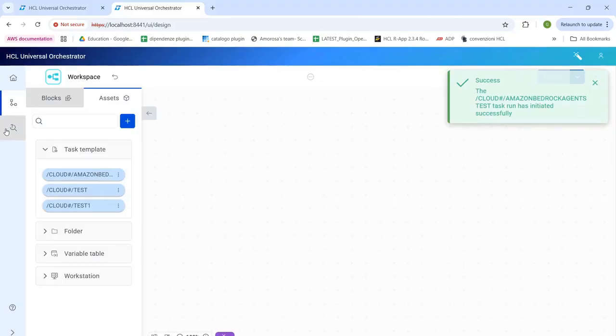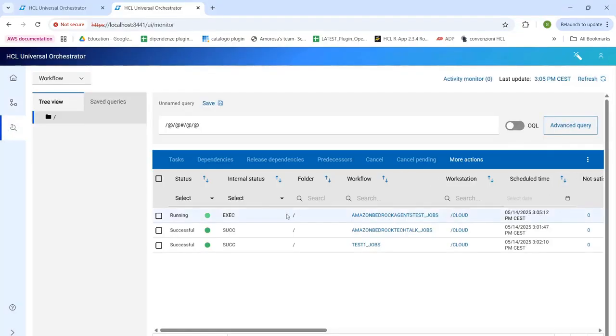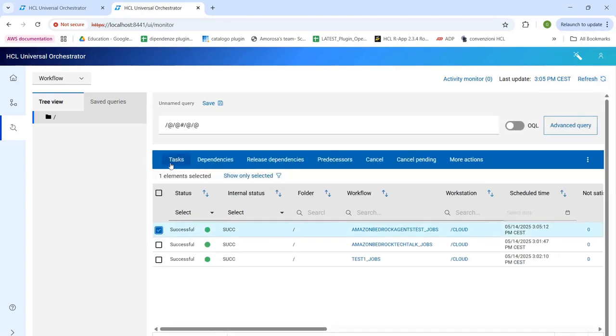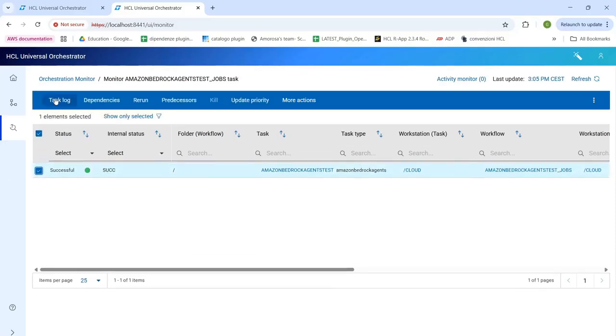Then we move on into Orchestration Monitor. And we can find our job definition, which is running. Now that it is successful, we select it, we click here, and then we select it to open the task